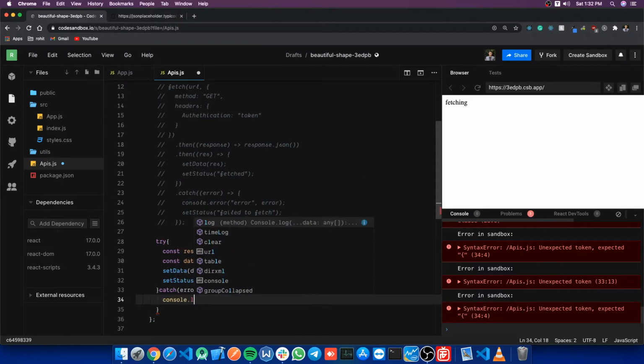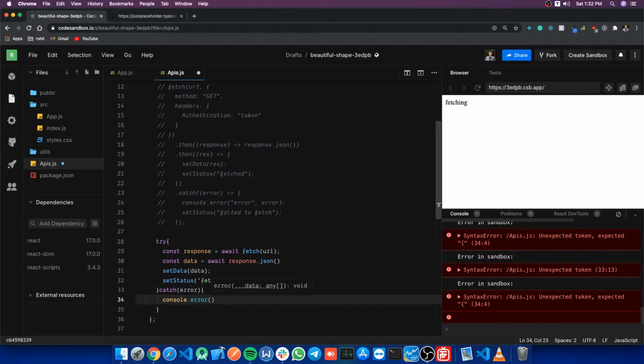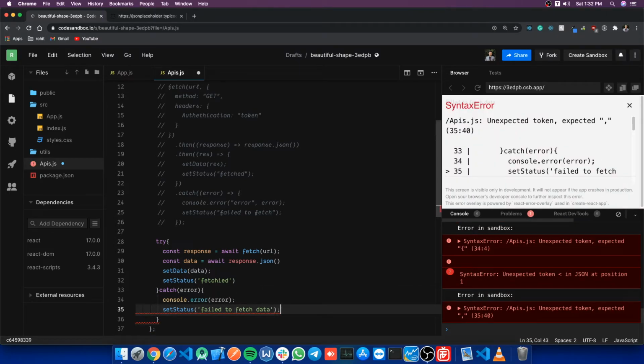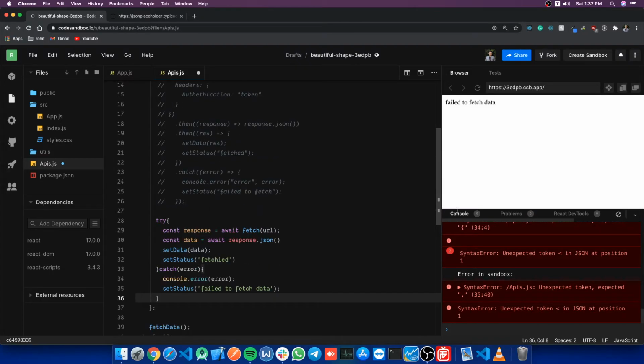And here we will write the same thing, console log error, and set status to fail to fetch data. Simple.